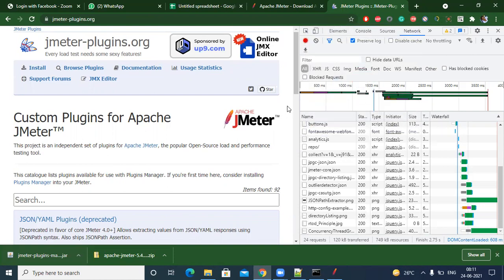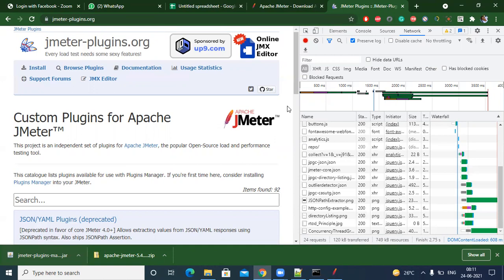Why do we mostly prefer BlazeMeter? In a company, sometimes we can't set a proxy. At that time, the JMeter recorder won't work if you are not able to set the proxy. So that's why we go to the BlazeMeter plugin. It doesn't need any proxy, and it supports only Chrome. That's the limitation: if your application doesn't work in Chrome, you can't do anything. If the application works on Chrome, then only the BlazeMeter recorder will work.